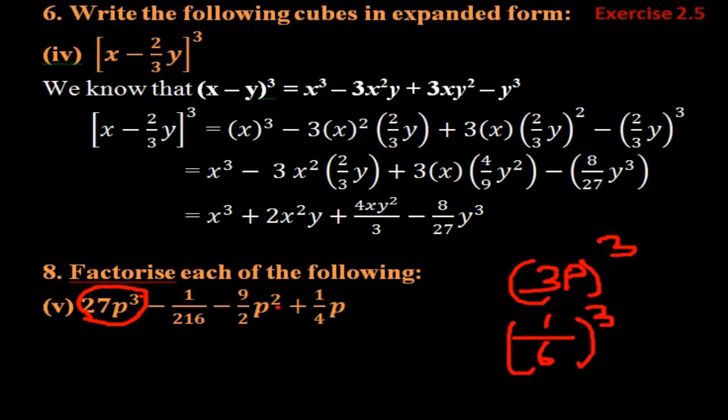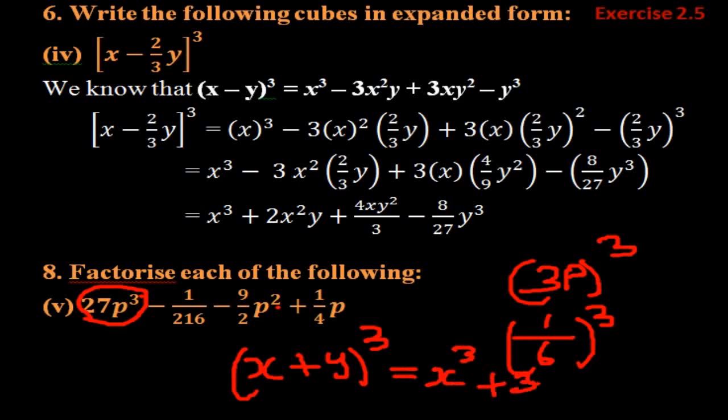What are the two terms? We can take one term as x and the other term as y. So we have two terms with cube identities. So this identity only we are going to apply here. Since we have negative, we can use the negative also. But no problem, we can take positive and later on you can change it to negative. So what will be the expansion of this identity? It becomes x cube plus 3x square y plus 3xy square plus y cube. So in the first term and the last term only the cube will come.